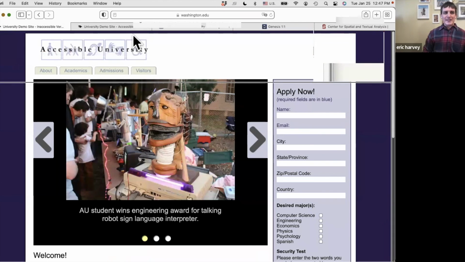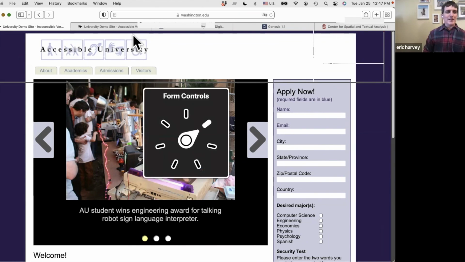There is the University of Washington's fake web page for Accessible University, which highlights a bunch of common accessibility problems that would take too long to go over, but you can see form controls, links, window spots.